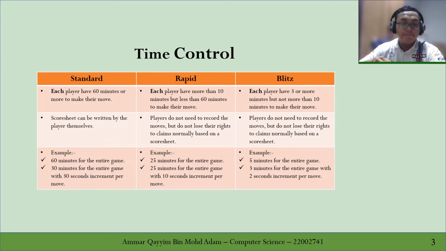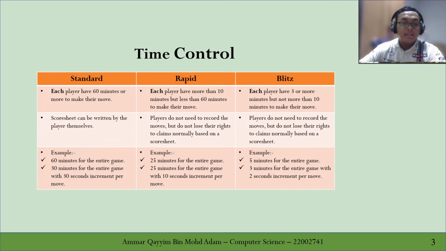seconds increment per move. Whereas rapid is where each player has more than 10 minutes but less than 60 minutes. For example, 25 minutes for the entire game, or 25 minutes for the entire game with 10 seconds increment per move. And lastly is blitz. Blitz is where each player has three or more minutes but less than 10 minutes to make their moves. For example, 5 minutes for the entire game, or 3 minutes for the entire game with 2 seconds increment